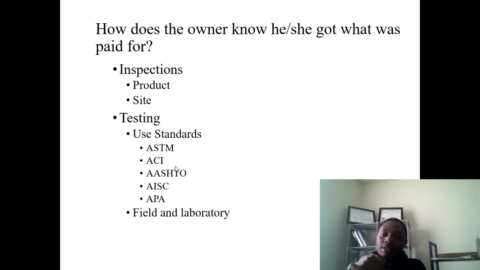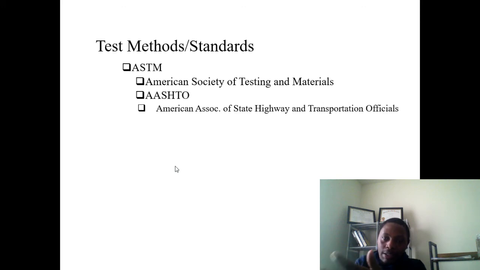For all this testing, you have to decide which standard you want to use, and whether you are going to do your testing in the field or send your samples to an offsite lab. Then, are you going to have a QA, a quality assurance person? How are you going to control for your quality? You must have those procedures. Those test methods, for example, those acronyms, you need to know what they stand for.